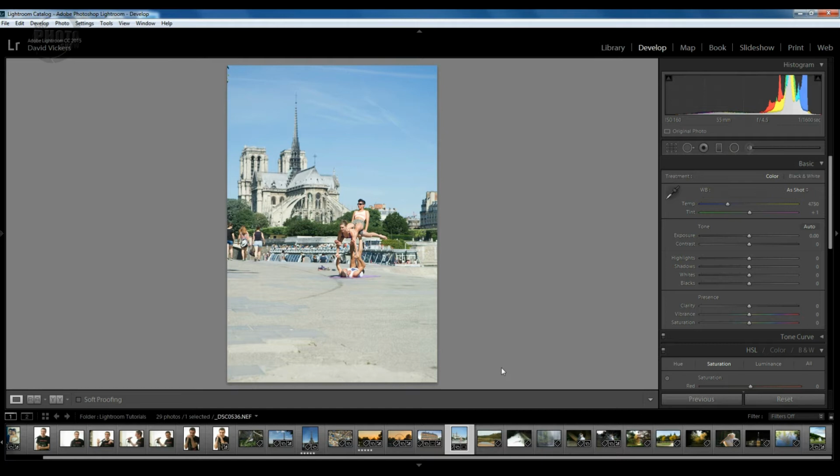Now this is a raw file. I could have worked on this as a colour image first and then transferred it into a black and white, but I thought it'd be a good idea if we just started with the raw file and went straight in and created a black and white from it. So coming over here to our right hand side, we're in the basic panel here, and you can see at the moment it says it's in colour, that's lit up. So we're going to come across, and the next option here is black and white. So if I click that,